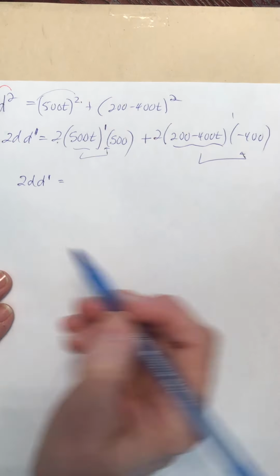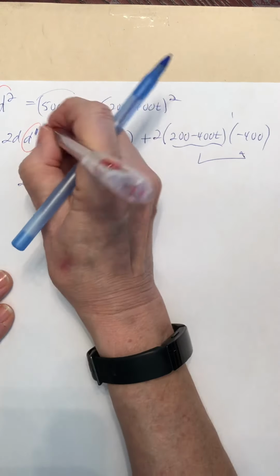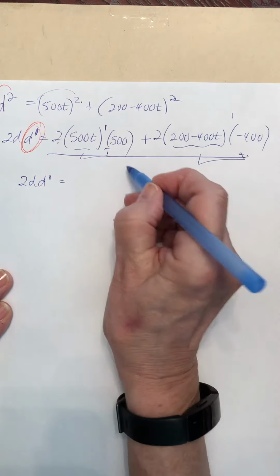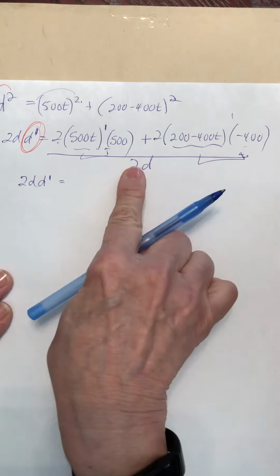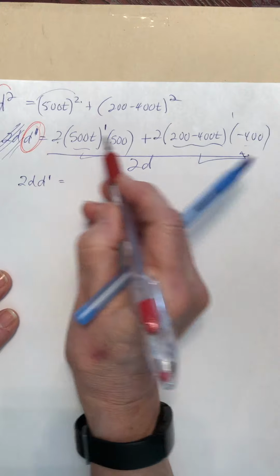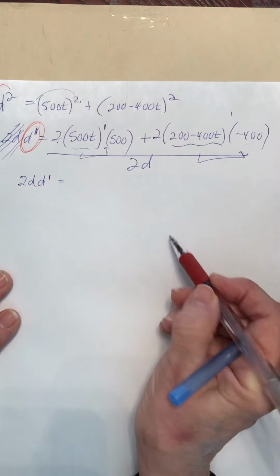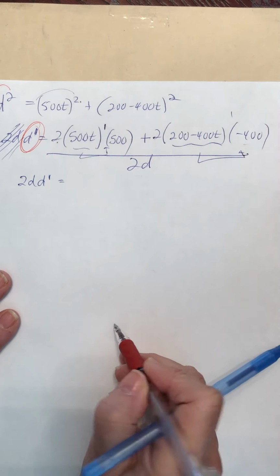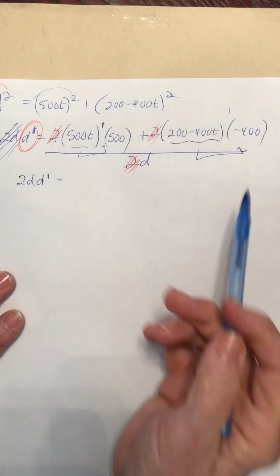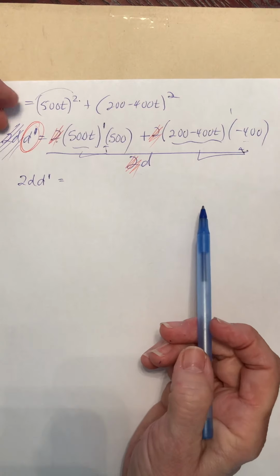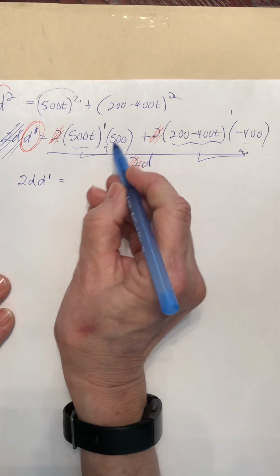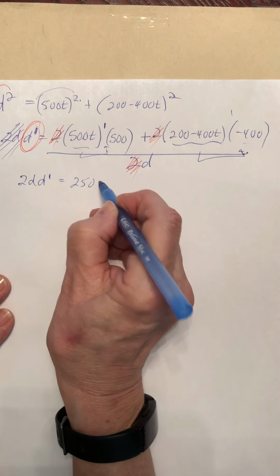Actually, my next step, what would be smarter here, I do need to isolate this in a minute. So this 2d would come down here, and you would divide all of this by 2d. So that is now gone. There will always be 2's out front because they came from squaring something, and there will always be a 2 here. So just to ease up your work, get rid of those 2's. The idea is you factor 2's out from the top, and they cancel that too. So now all that's going to be left is that times that is